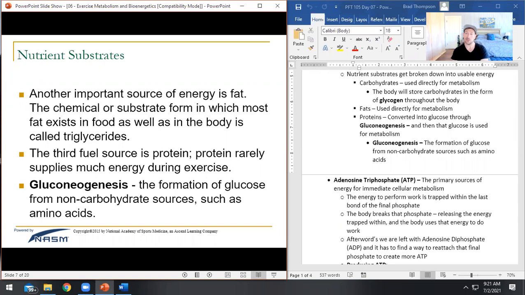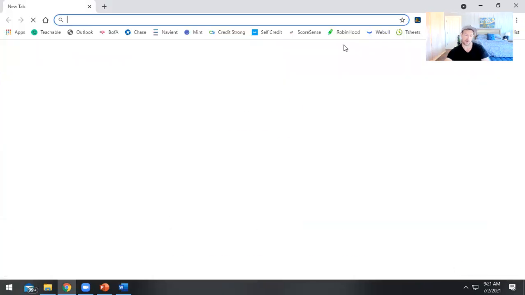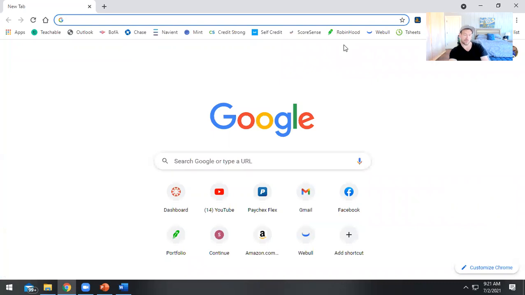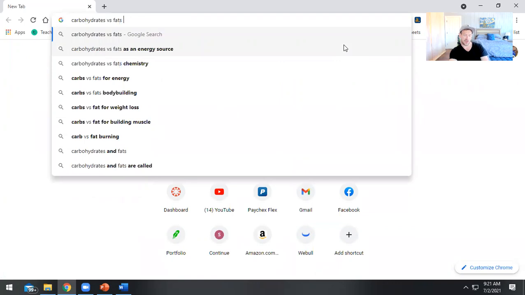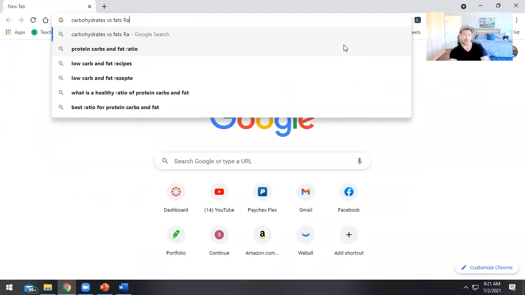So fats can also be used directly for metabolism. Those are the two preferred fuel sources, right? Carbohydrates and fats. And they work in very different ways. If we look at carbohydrates versus fats and intensity,